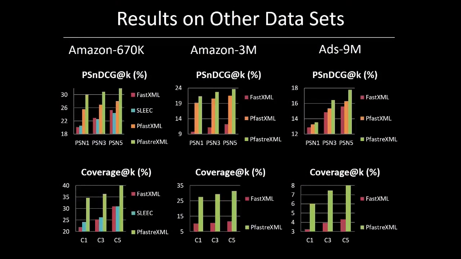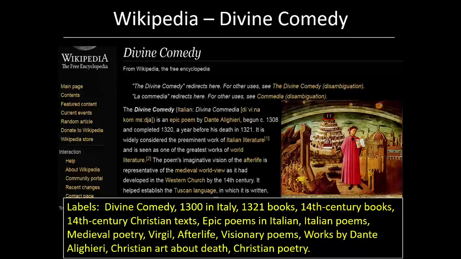So I'm almost out of time, so I'll skip Wikipedia because that's already been presented before. I'll skip Amazon and Bing also. The only thing I'd like to mention is that faster XML can scale to about 10 million labels on a very small server. So I think that's really important in terms of training. And the prediction time is just 1 or 2 milliseconds, which is really important if you want to deploy into production. So again, I'm going to skip all the results because I'm out of time.